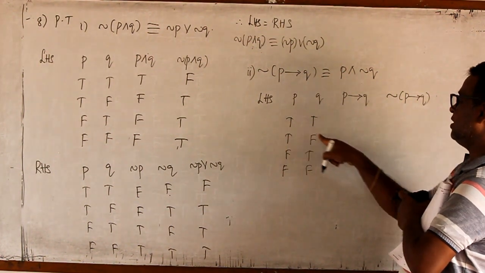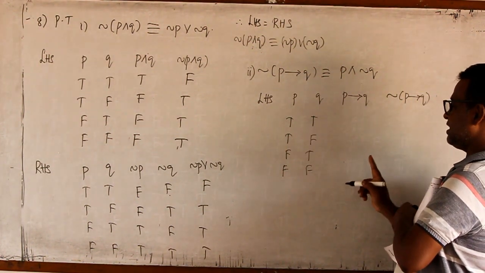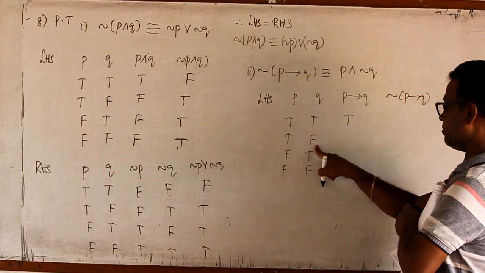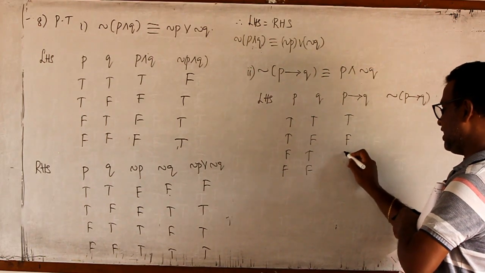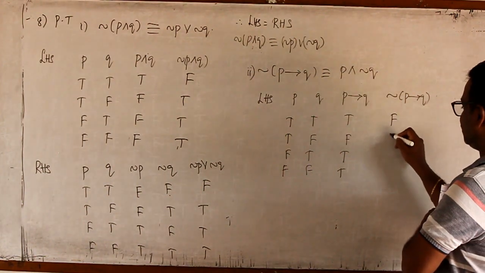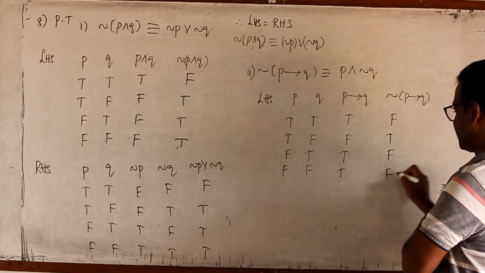Then means division. Infinity means 0, all the remaining are false. So all the remaining are true. 1 by 1, 1. 1 by 0, infinity, means false. It is true, it is true. Opposite of this: false, true, false, false.